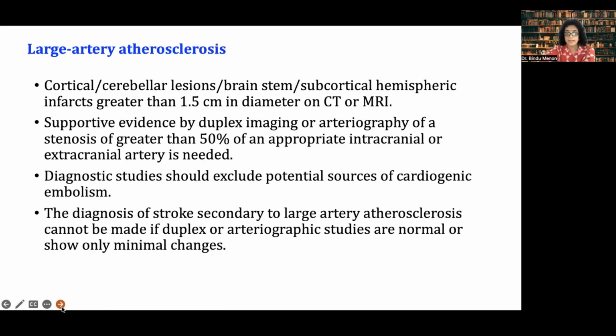stenosis. Now, the characteristic feature of the MRI or the CT scan should also be considered, in which the infarct size, whether it is cortical, brainstem, subcortical, or cerebellar, should be greater than 1.5 centimeter to be designated as a large artery atherosclerosis on a CT or an MRI. Supportive evidence, again, by duplex imaging or arteriography of stenosis more than 50% of an appropriate intracranial or extracranial artery is needed. If the patient is having a left MCA infarct, but then he is having a vertebral artery stenosis